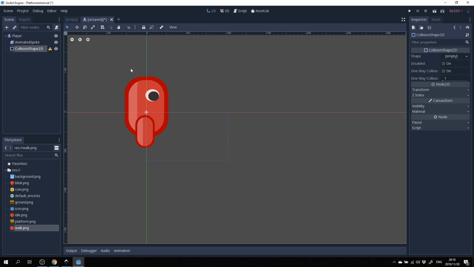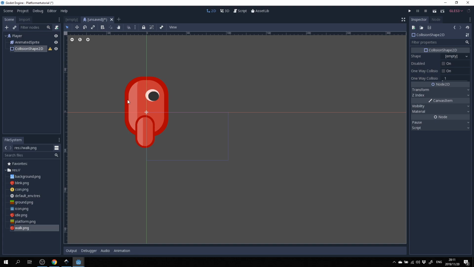It's also good to note that our player should be at the origin over here so that when we do control our player, it's not offset in our world. That could create some weird and strange bugs in your game which are unwanted. You could actually start scratching your head for quite a long time trying to figure out why this is, just because you haven't offset your sprites correctly or your KinematicBody2D correctly in your scenes.